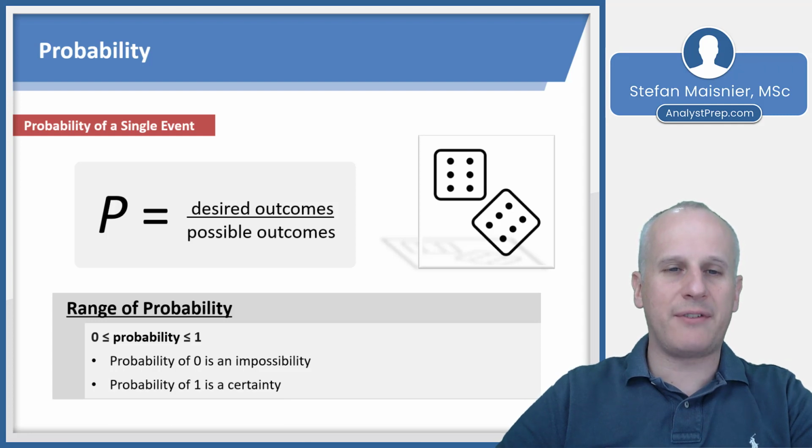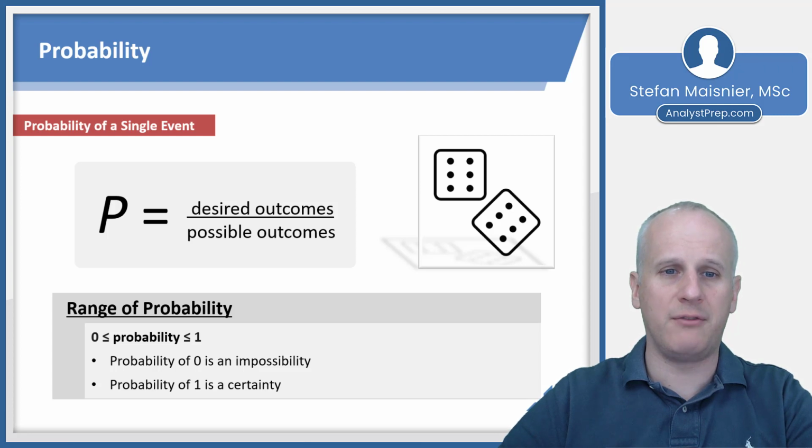Now, if you have a definitive certainty, meaning all desired outcomes are all the possible outcomes, then you're dividing the possible by itself, which gives us 1, and that's your maximum value for any probability. And you can even think of this as percentages, because we know that if something has a 0% chance of occurring, that means that it's impossible. If it has a 100% chance of occurring, that means it is definitively certain. And there is your inclusive range of all probabilities from 0 to 1